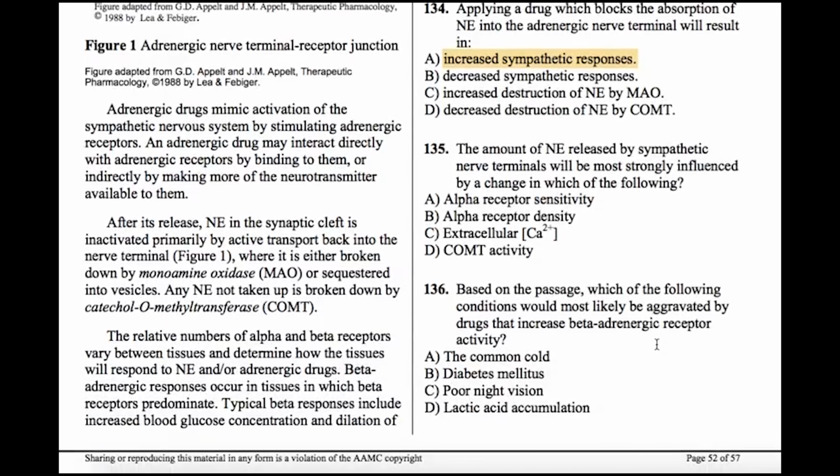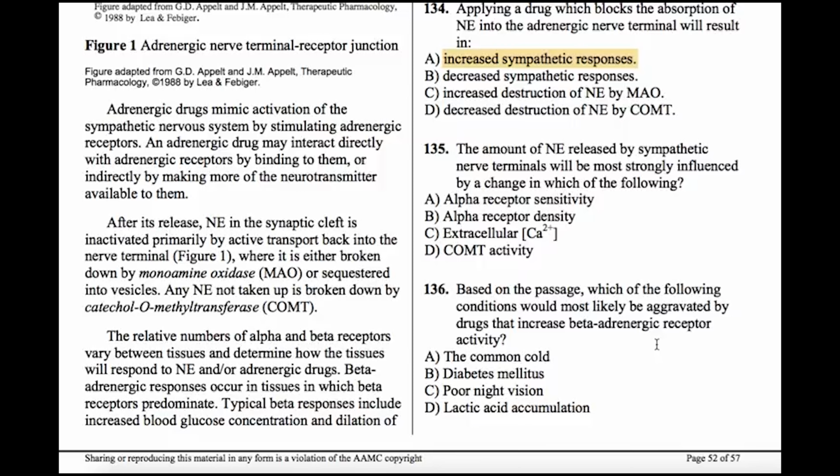Okay, let's do 135. The amount of norepinephrine released by sympathetic nerve terminals will be most strongly influenced by a change in which of the following. Okay, so this is kind of what I was talking about earlier when I was giving the background about how synaptic transduction works. So the amount of NE released by the nerve terminal, so that's the amount that the neuron itself releases, is going to be influenced by what? So A says alpha receptor sensitivity,